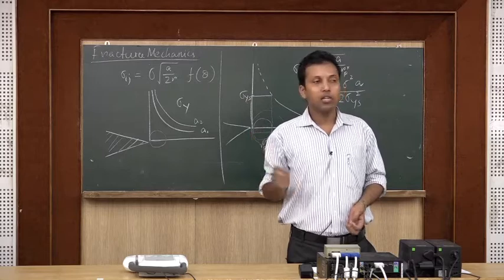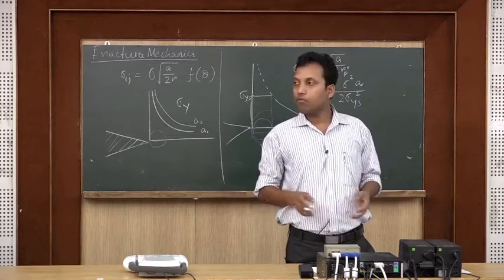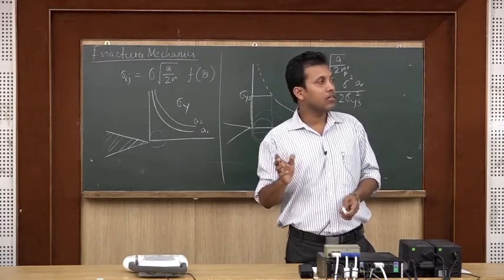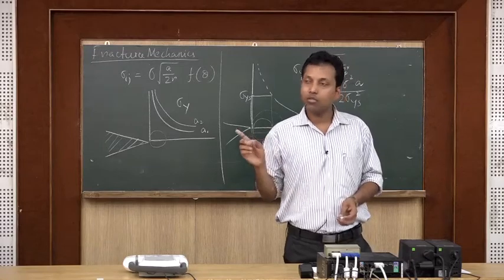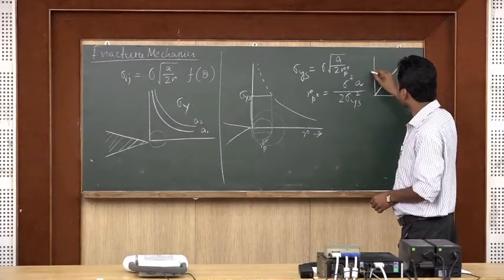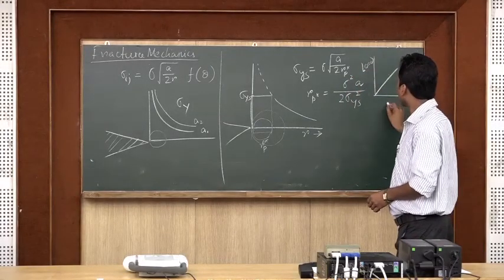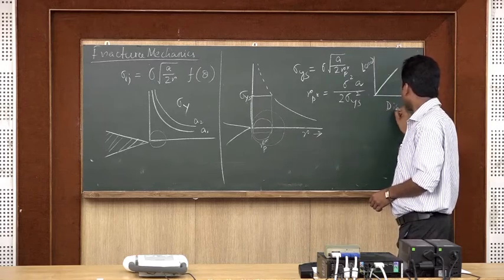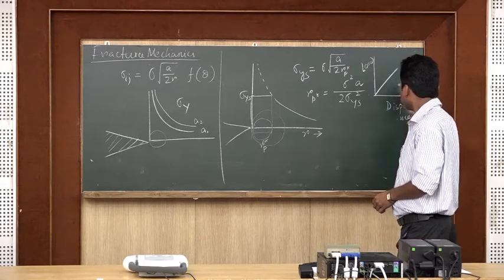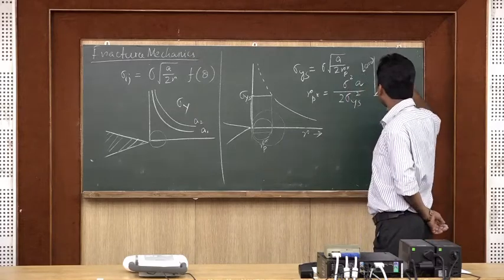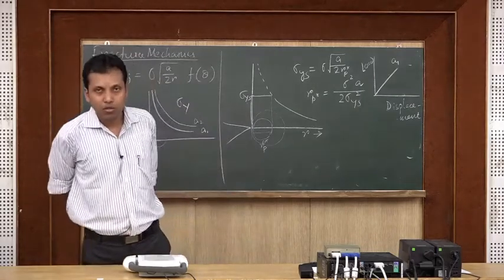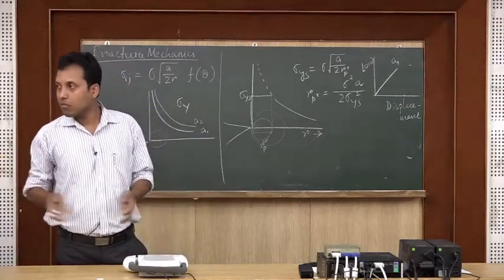You can also understand that due to presence of a plastic zone in a material, material stiffness reduces. So, where from do we calculate the stiffness? Stiffness is the area under the elastic part of a load deformation curve. So, if this is say the load versus displacement curve for a crack of length A1, and I said due to formation of a plastic zone there will be reduction in the stiffness of the material.